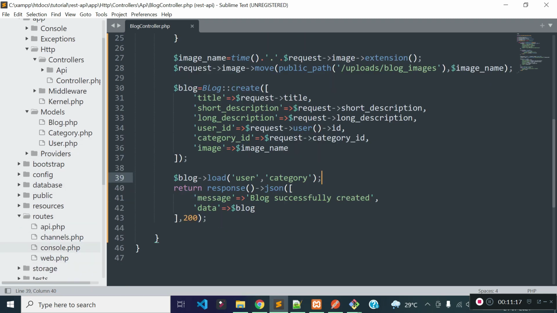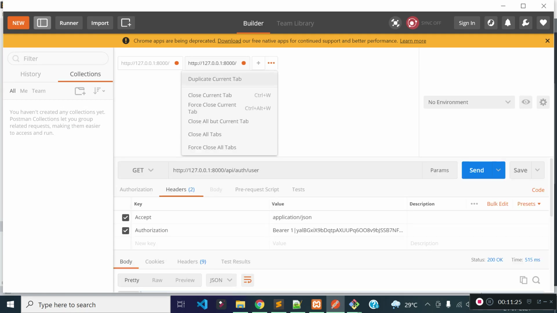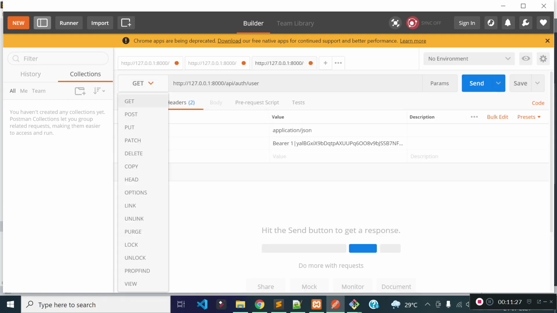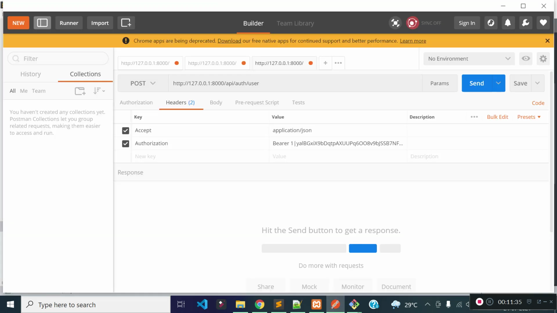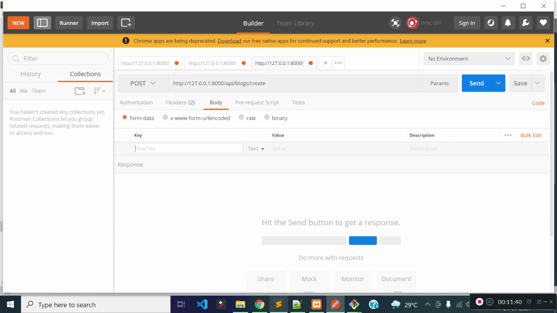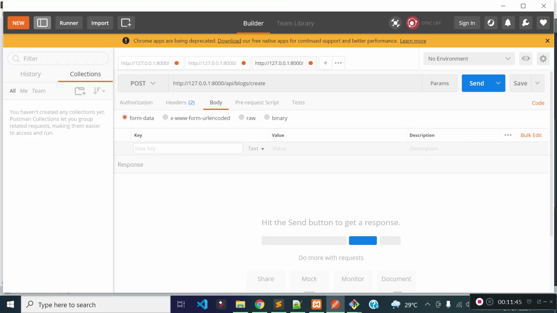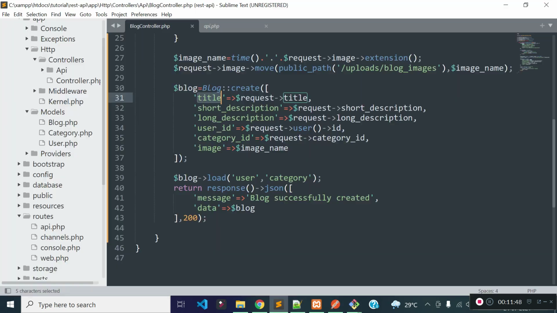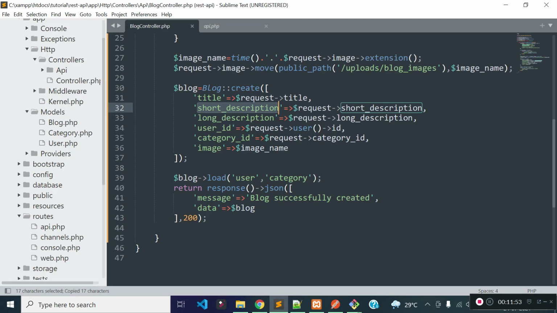Okay, so API endpoint is blocks/create. Now from the postman, let's duplicate this tab, and let's change the method to post, and the URL should be blocks/create, and we need to pass title, short description, long description, user ID.